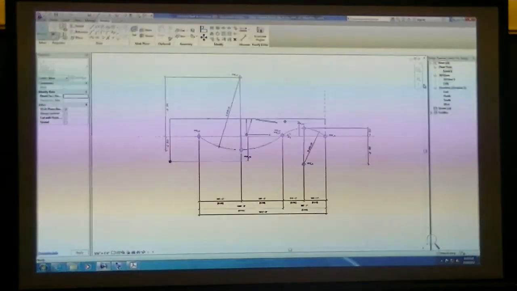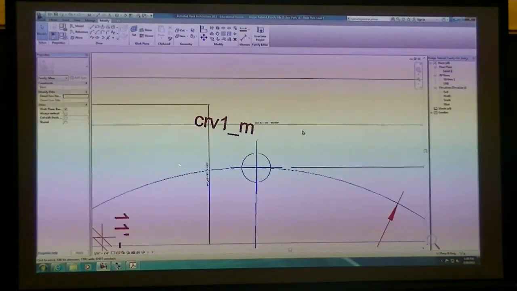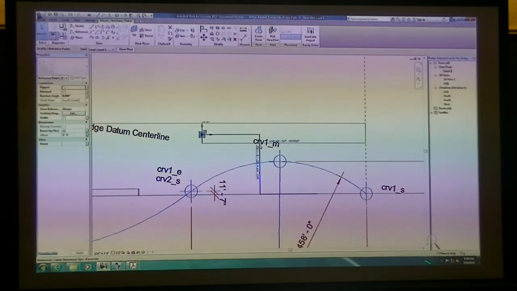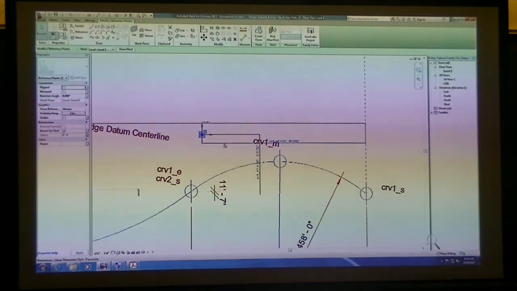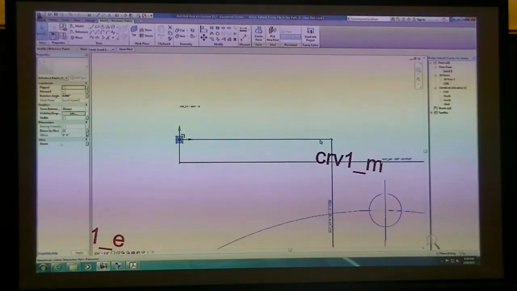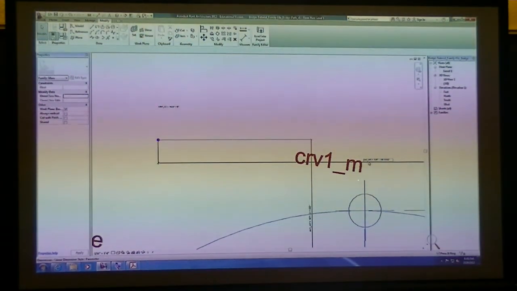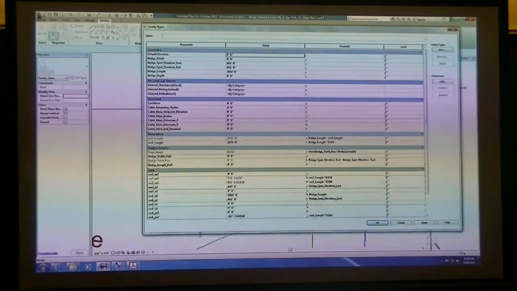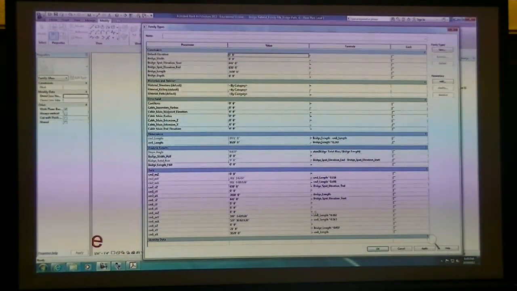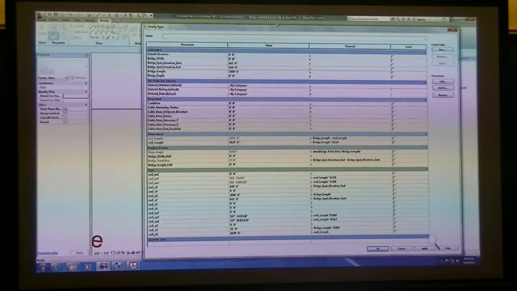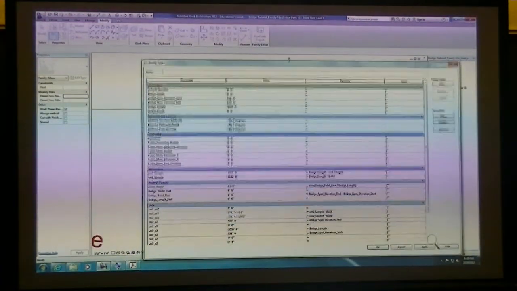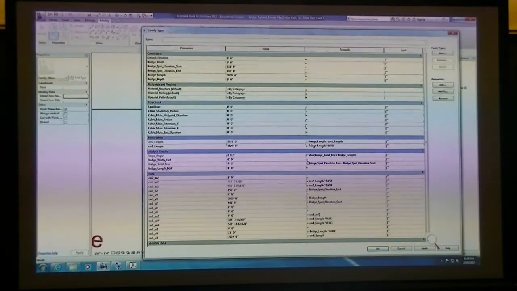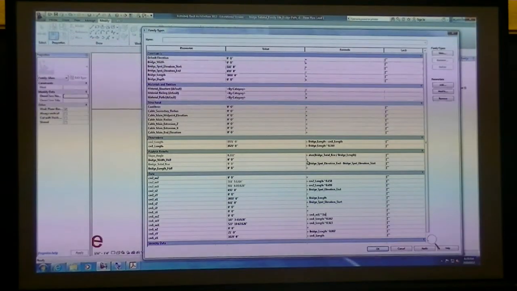So, best way to find this out is if we go into level 1, where we can see all of our different dimensions here. Let's go to this first point, which should be your curve 1M, which doesn't line up with our drawing anymore. But we know the overall length, curve 1mx, we have that already in a formula. So the z of curve 1 mz will be equal to curve 1 mx, which is basically the length. And if we multiply that by the slope angle,